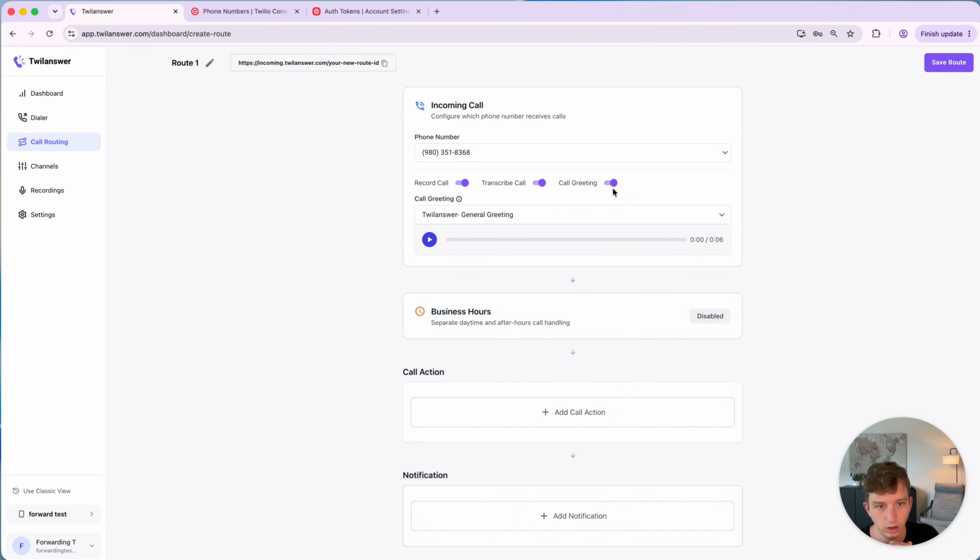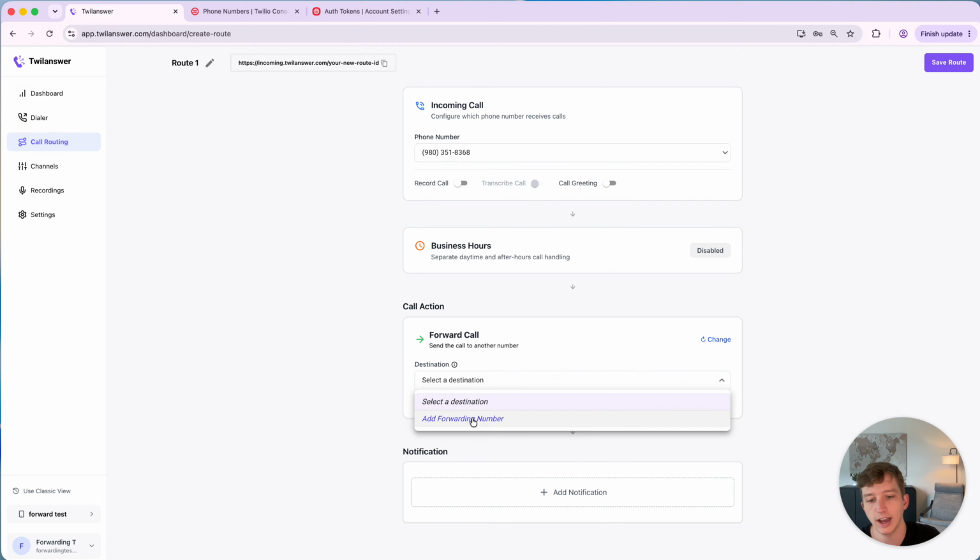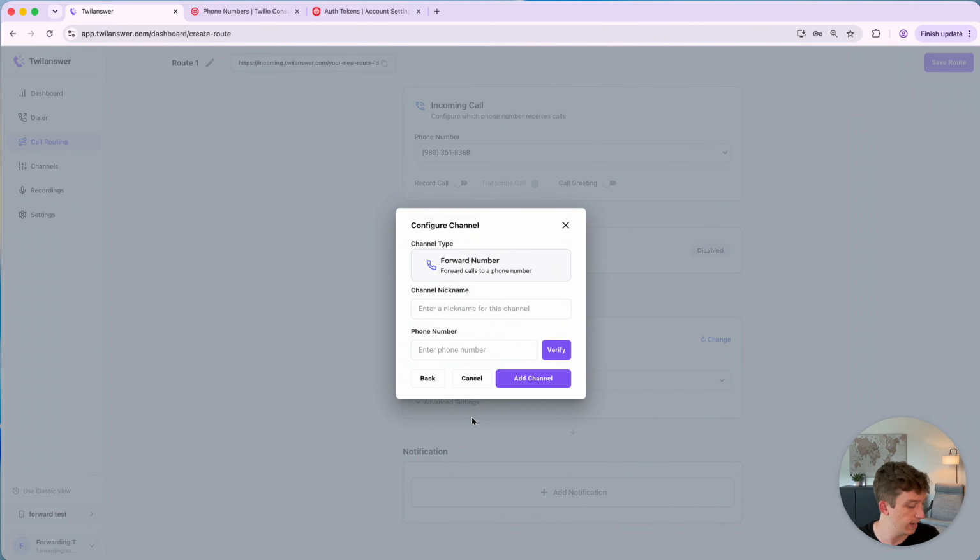So we'll just go ahead and forward the call for now. Then you'll need to select a destination, which we don't have any yet because this is a brand new account. So we will need to go ahead and add that forwarding number. So right now I will just put in Alex Cell, and then we can put in the phone number,